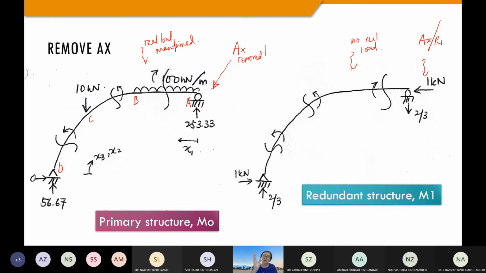So the X that you're going to consider for your cut section will be different. If you still remember, I said the X, please make it parallel with your member. Therefore, even though A to D in this system acts as one span, because they are supported at both of the ends,